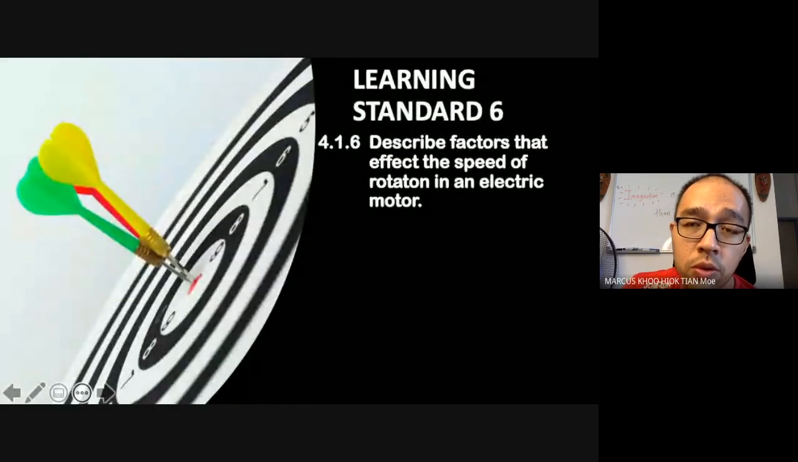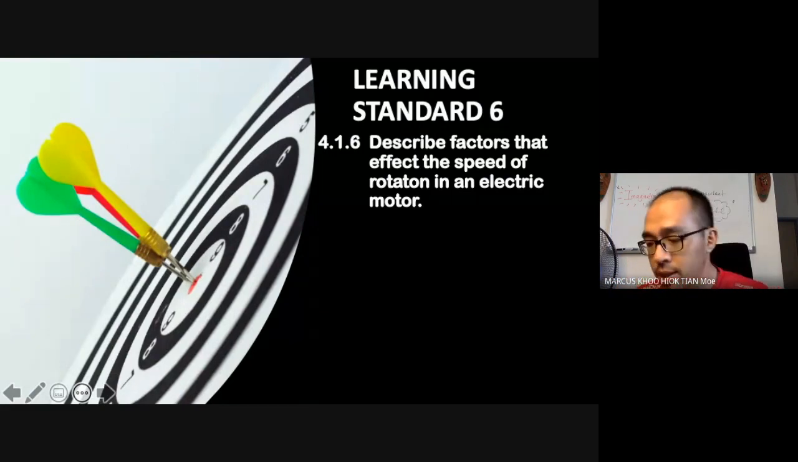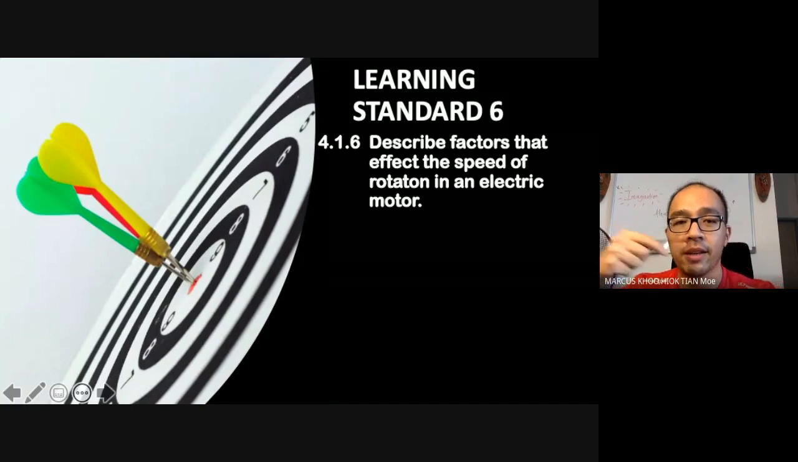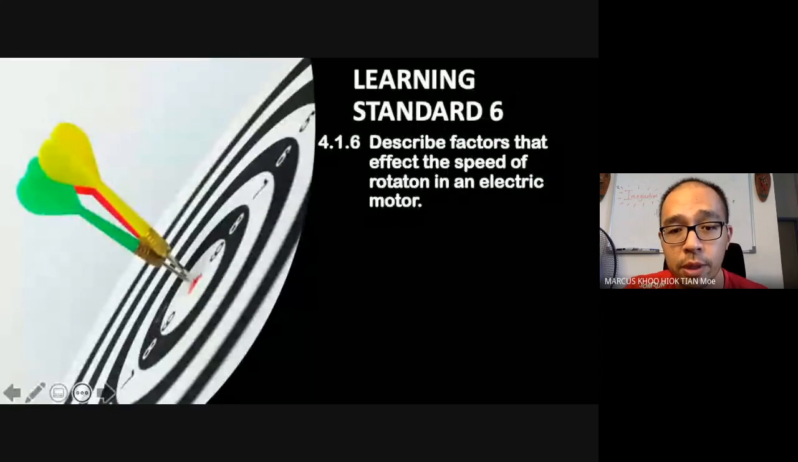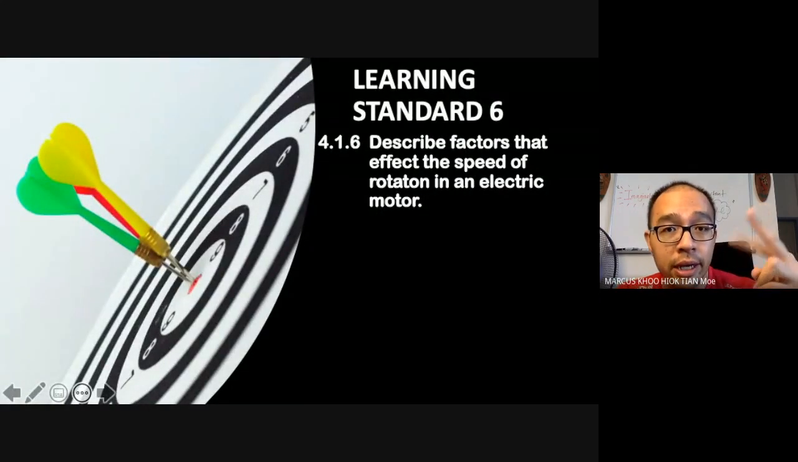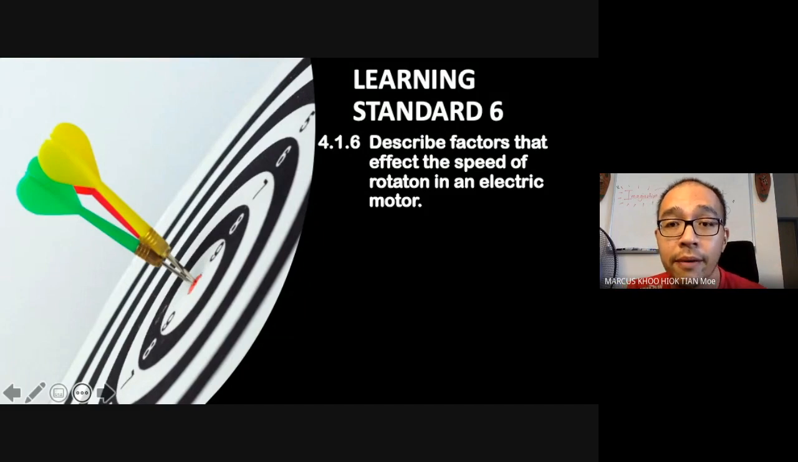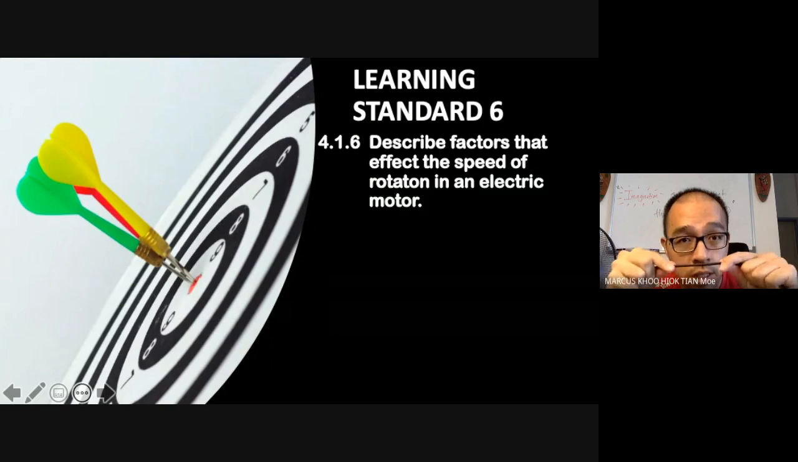So previously we were talking about how an electric motor functions. We started with a single piece of wire, and then after that we moved on to a coil. Then we learned that the interaction between two magnetic fields, from the permanent magnet and the temporary magnet, because of the